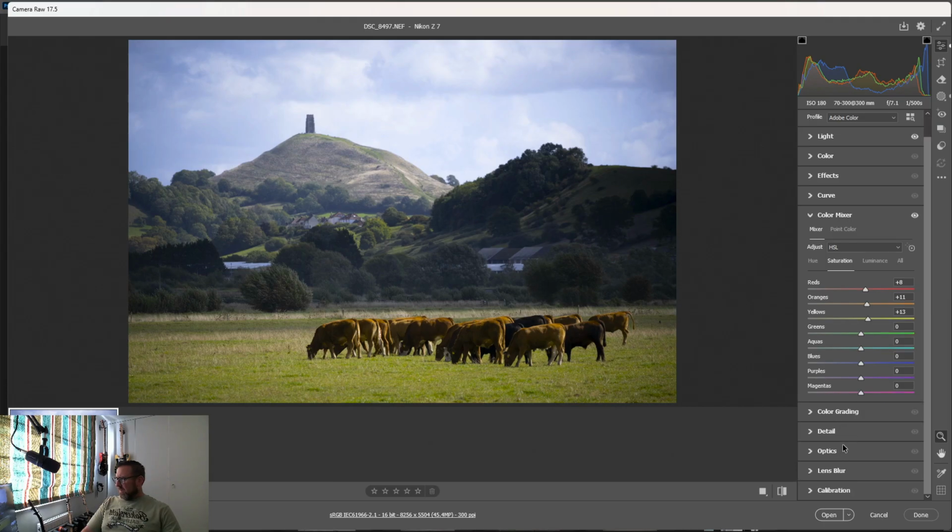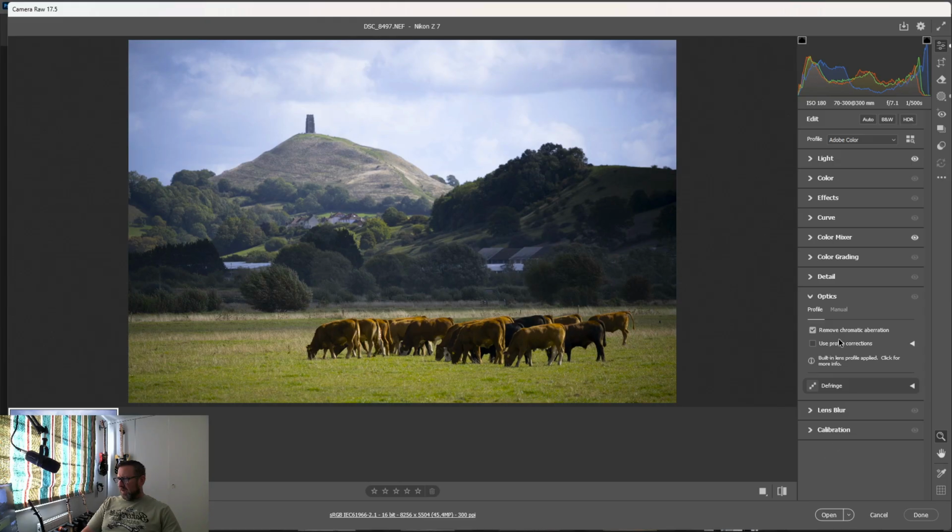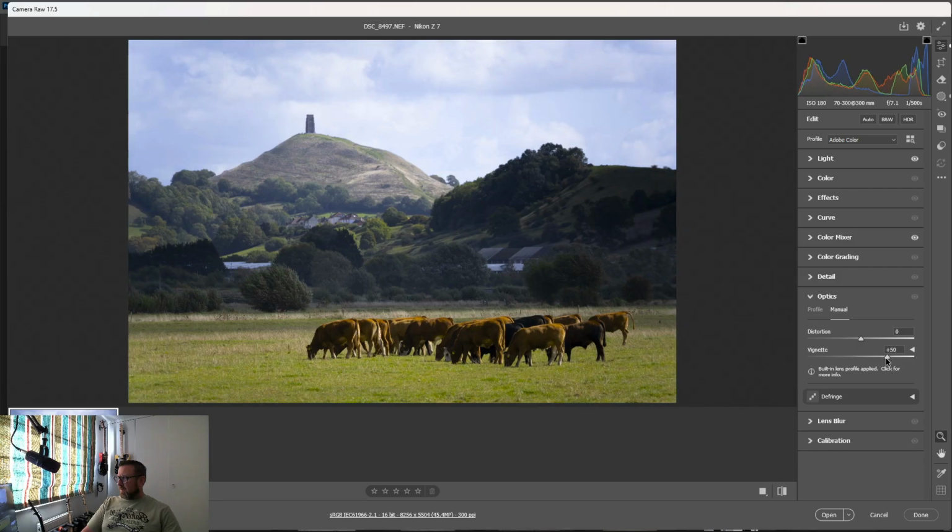What I do need to do, I think, is get rid of a bit of the vignetting on this, because it's quite heavy. So let's go for the manual one. Excuse that. Okay, so that's fine. I am actually going to use another linear gradient, and I'm going to lift the shadows